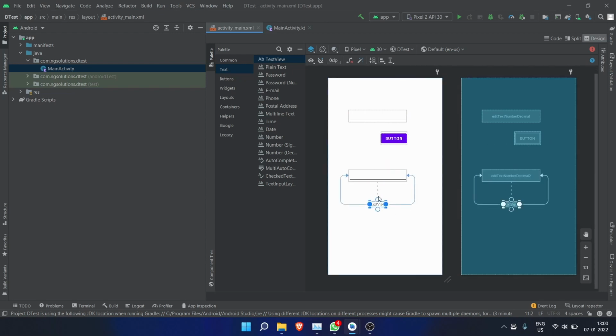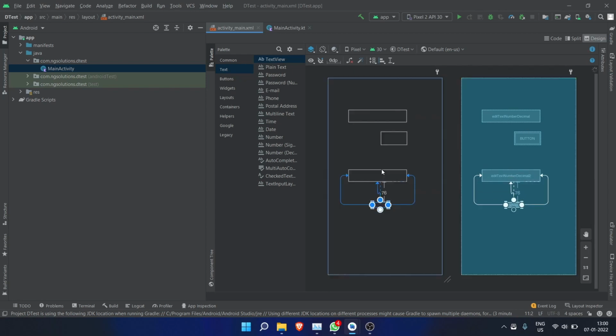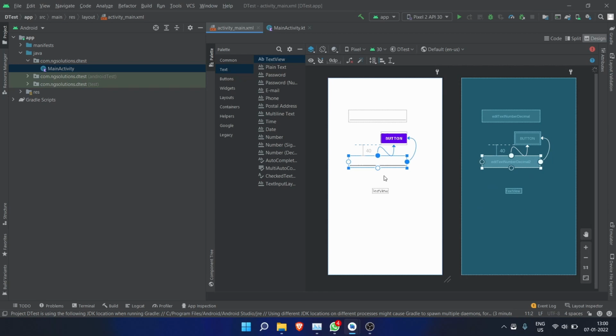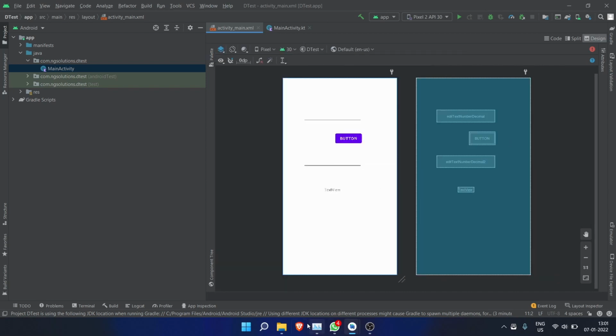So this is how you could make the front end. If you are getting errors, there might be a few missing constraints. So just check that at least two of the sides are attached, meaning one in horizontal, one in vertical. That is a must.